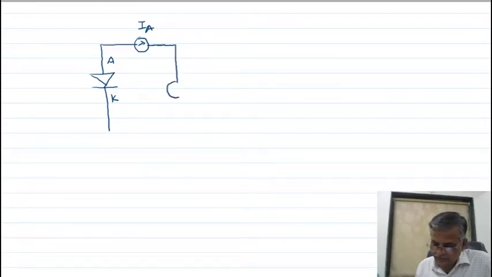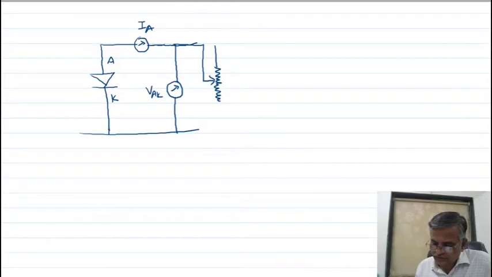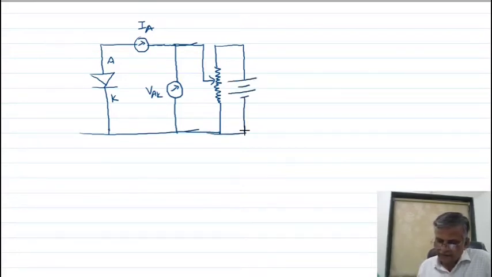To measure voltage applied between anode and cathode, I have connected one voltmeter here. Here to vary the voltage, I have used a potentiometric circuit. Here I am showing you some potentiometer, and here